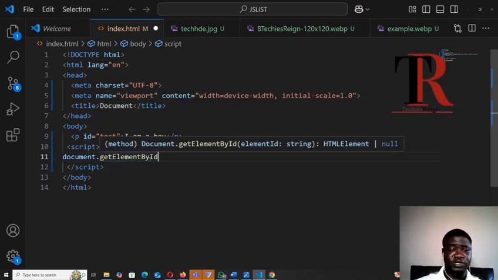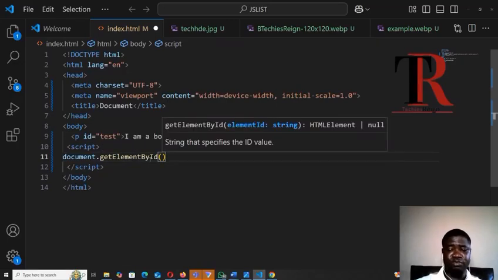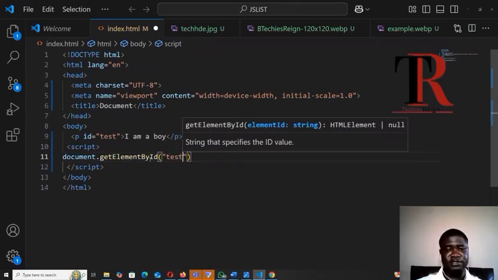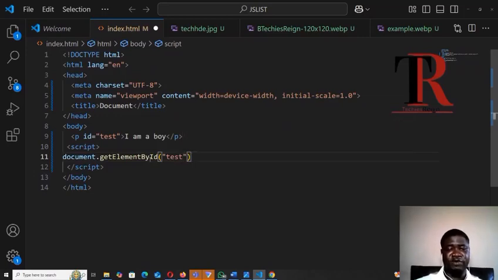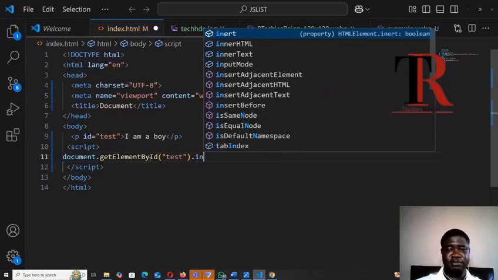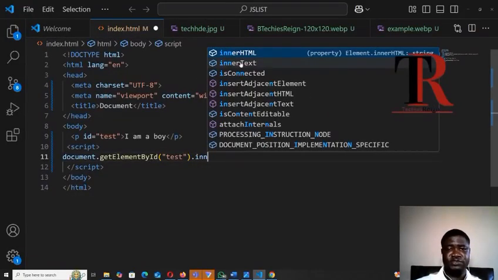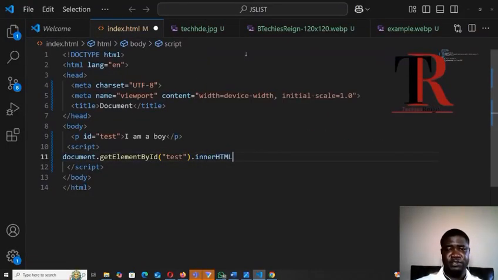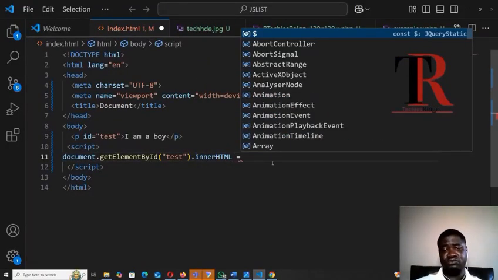So then we're going to say we want to get element by ID. So we open a bracket, then we want to enter what's the ID name. The ID name is test, okay. Good. So now we're saying that the ID name is test. The next thing we want to do is we want to alter the element inside that ID, okay. So we are going to say innerHTML. I want to say innerHTML, okay, equals to, I want to give it a new